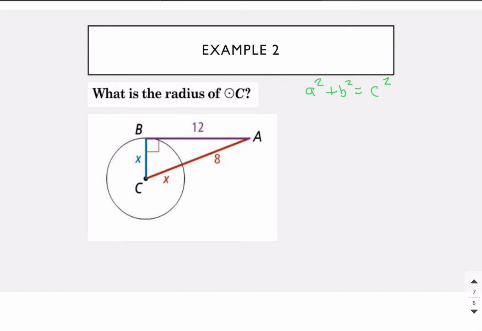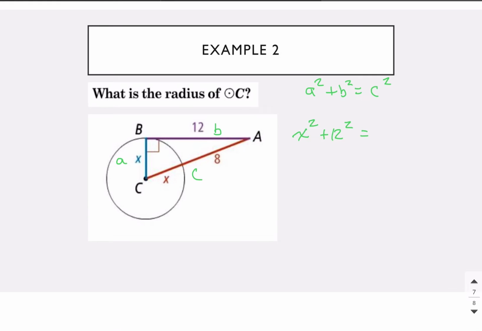So I have BC, which is my radius. So the smallest side, remember, will be A, medium is B, and my long side is C. So we're going to substitute my values in. So I know that A will be x squared plus 12 squared, and that will equal, now here this might